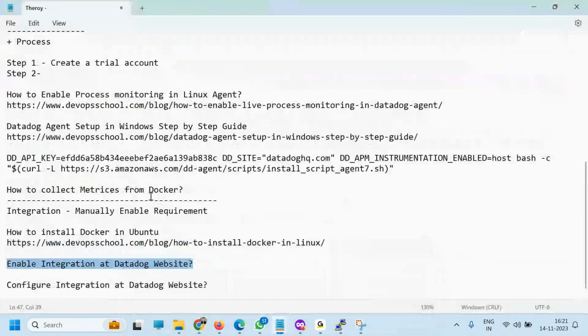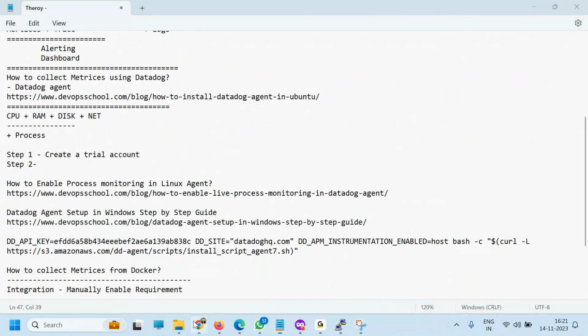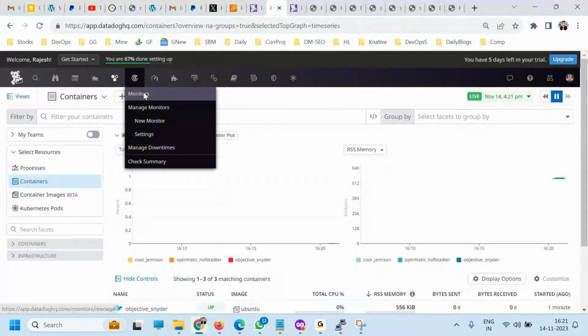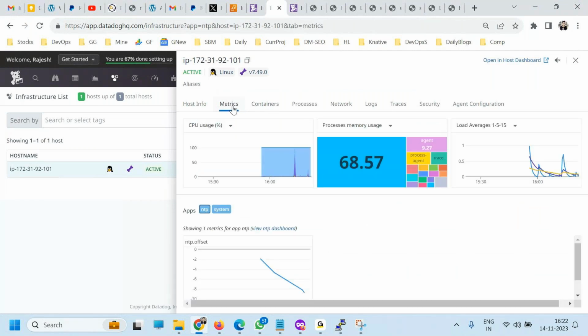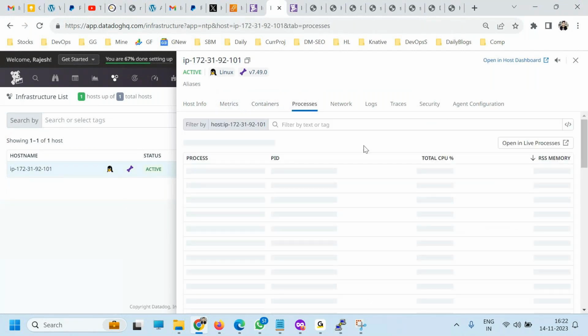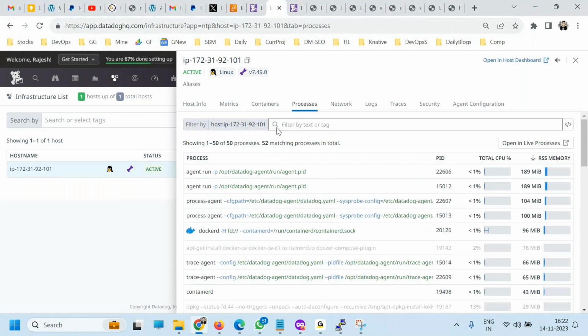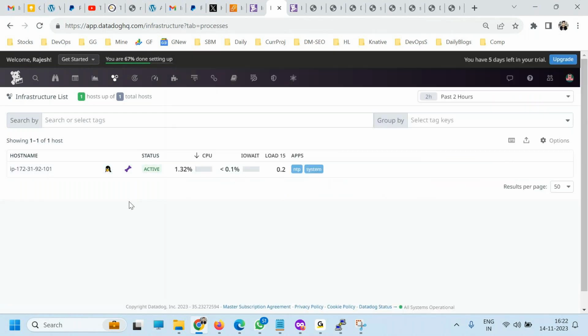Okay, let me say slowly what we did today. In infrastructure monitoring, we are trying to create observability. Here we got the metrics, infra monitoring, containers, and processes. Now, one by one, we'll go a little more into the integration world. We'll not move to logs and traces now. We'll go to the integration world like Apache, Tomcat, MySQL, Kubernetes, and all. These four integrations we'll do in the next session. Any questions so far?